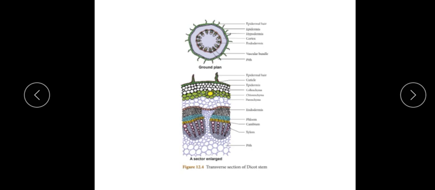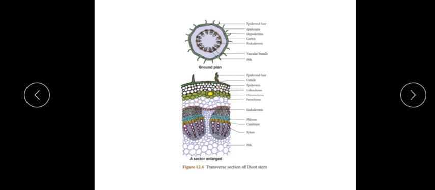Okay. Above, the ground plan is given for you. Okay, let us ignore the ground plan. Let us go on with only the enlarged view. How it's going to look like under the microscope. Okay, let's see how it's going to be figuring there. Okay, one basic difference which we need to understand here between the stem and the root is, if you see, various colors are being given. One color which you can see here is going to be a green colored structure. Okay, can you guess what that green color will be?